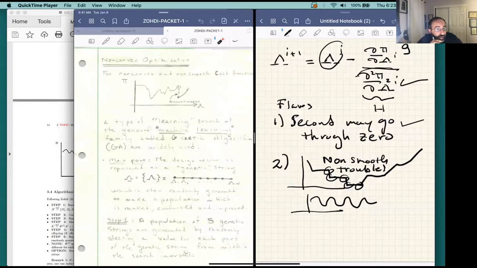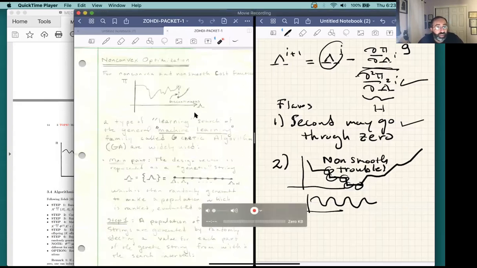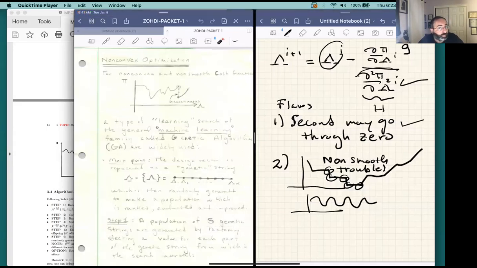It's out there everywhere. So if you want to learn more about genetic algorithms, of course, you can go into the literature. There's a lot, Wikipedia, it's all over the place. But there are journals that are associated with this. They're called journals of evolutionary computing, because they use this kind of evolution of a function to be able to optimize it. So I'll stop here, but what I would like for you to do is please read packet number